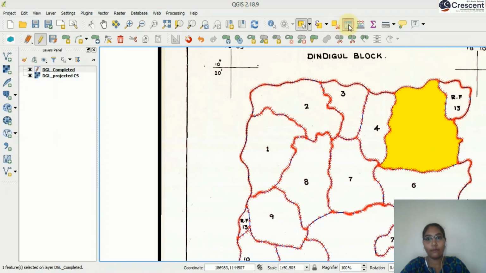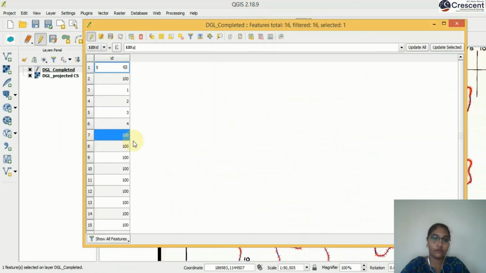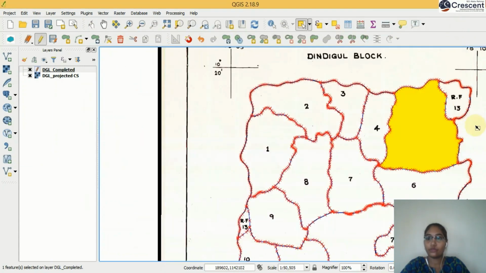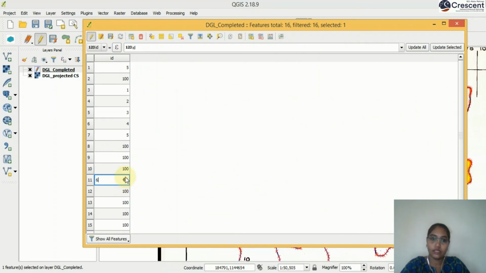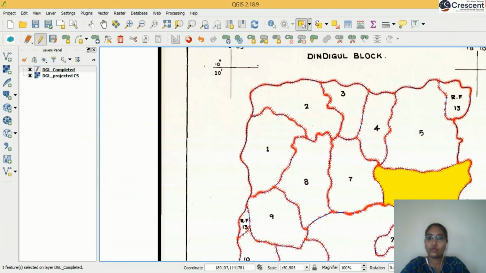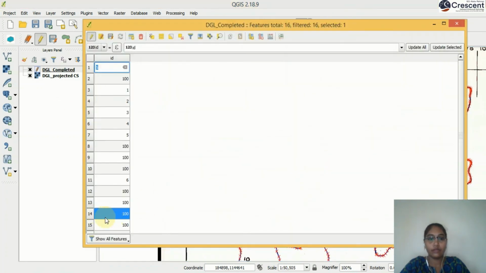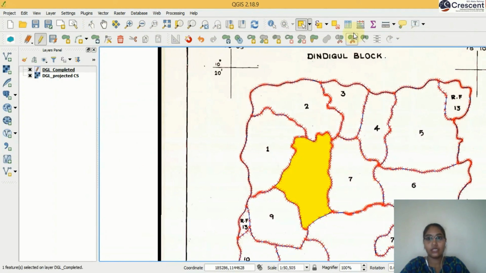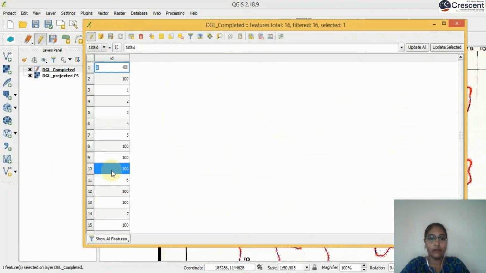5, open attribute table, 5, enter, close. 6, open attribute table, 6, enter, close. 7, open attribute table. The highlighted blue one alone you have to change the number. 8, click open attribute table. That particular polygon will be highlighted. Click 8, enter,